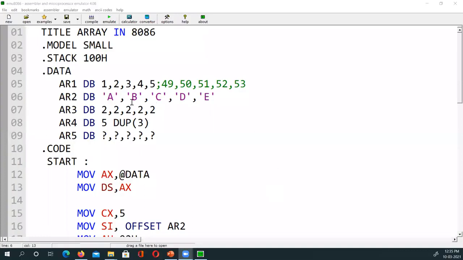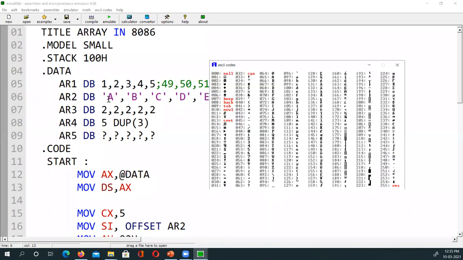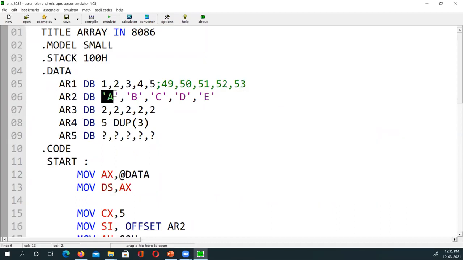I did not write A plainly, I wrote it in single quotes, so it is not taking A, it will rather take capital A, whose value we have is 65. When you say single quote A, it is taking the 65 value, so it is as good as writing 65 here. You write 65 or you write it that way, it doesn't matter. You write 66, it doesn't matter.